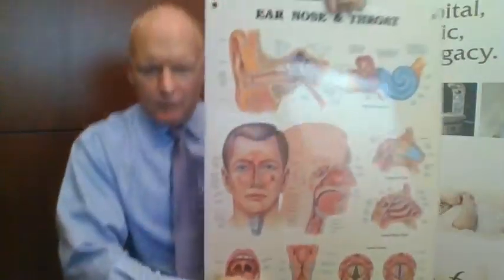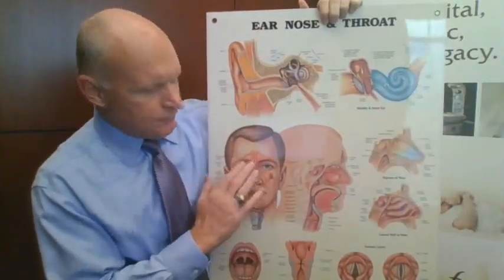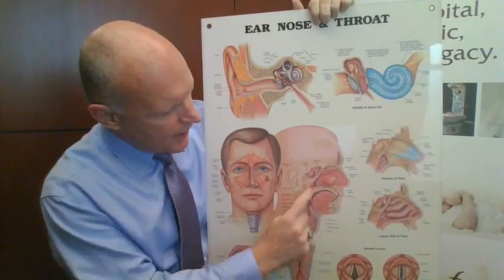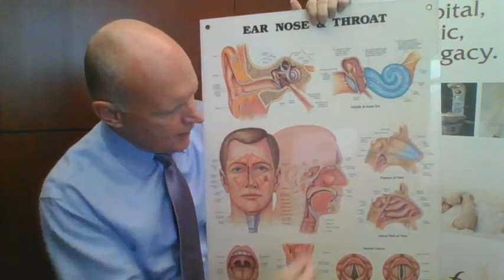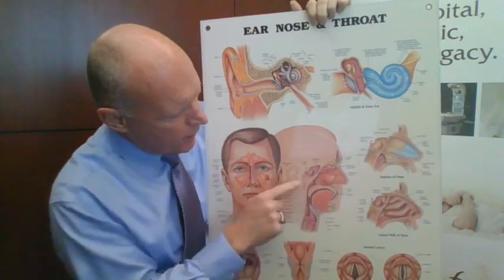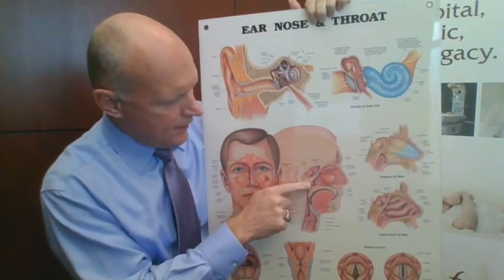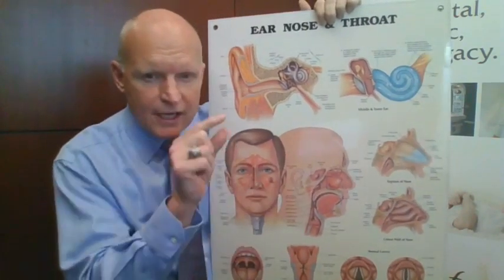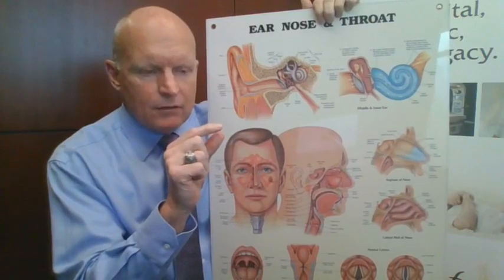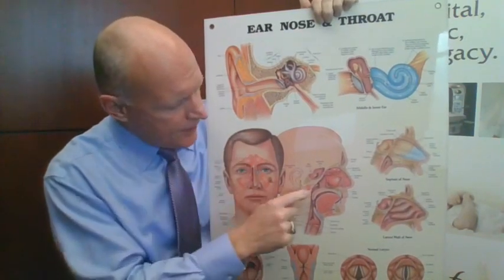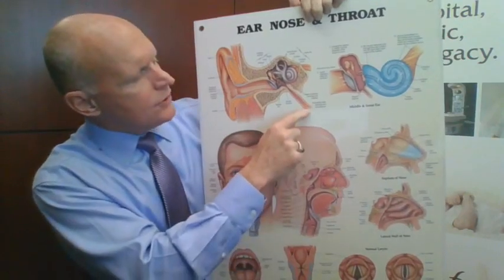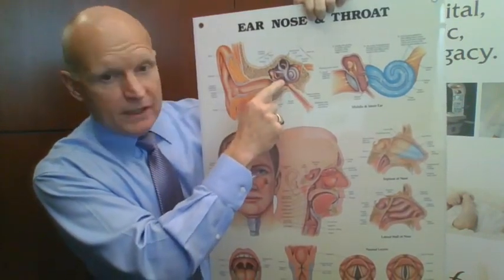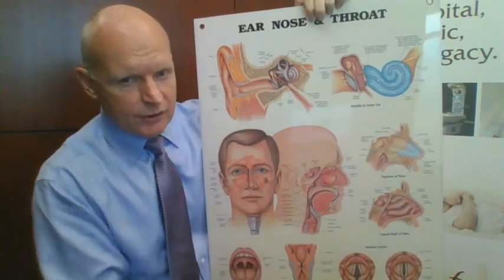So here's a little anatomy chart. Let's see if I got that on the camera right. Here we go. If you take the head, turn it to the side, and look through half of the head, you'd see the nasal cavity here. This is the inside of your nose. And if you went all the way into the back of your nose and touched the back wall, the back of the nose, top of the throat area, you'd find these little slit-like openings, one on each side, left and right. These little slit-like openings lead into a little tube, and that's the eustachian tube. And that tube leads up to the space on the inside of the eardrum.